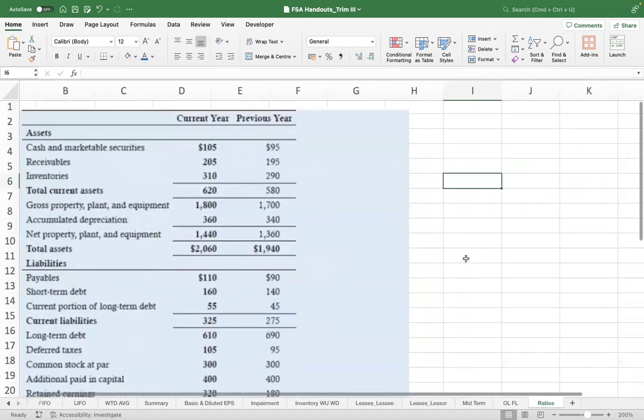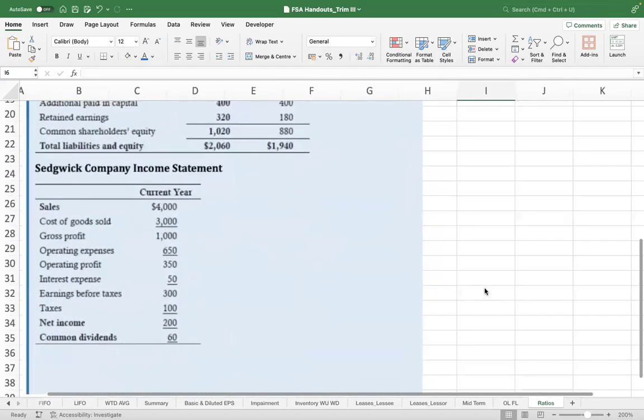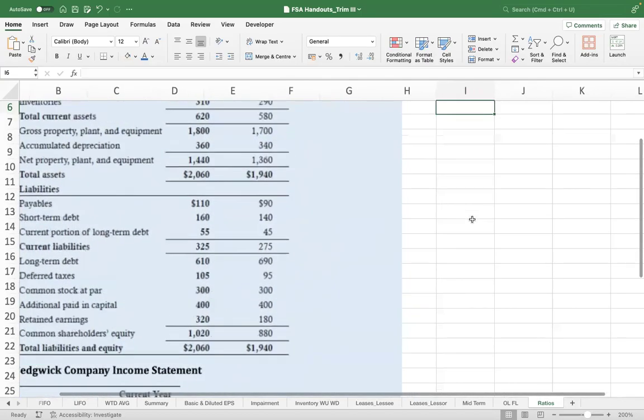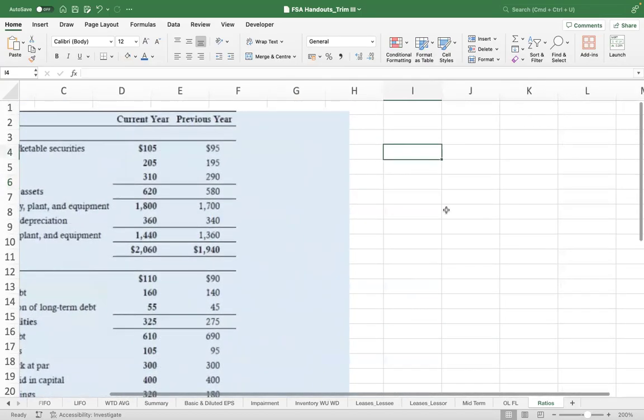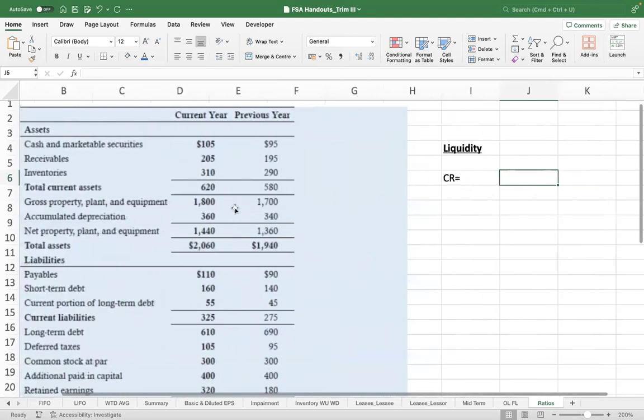First, if you look at this question, it gives you the balance sheet and P&L of Sedgwick company, and we need to do a comprehensive ratio analysis. So the best way to do it is to create a matrix for all the ratios. We will start with liquidity, and in liquidity we will start with the current ratio, which is current assets divided by current liabilities. So in this question, your current assets,